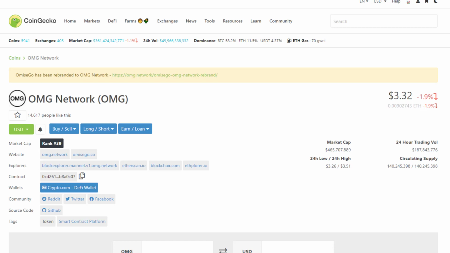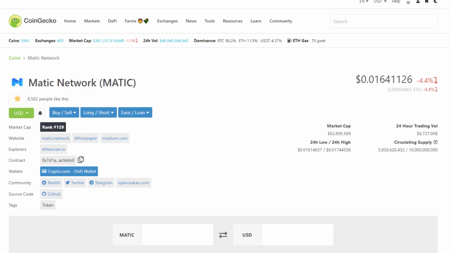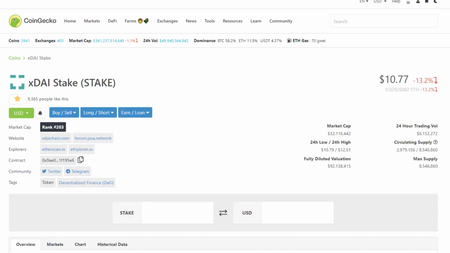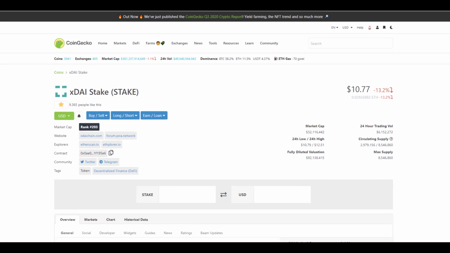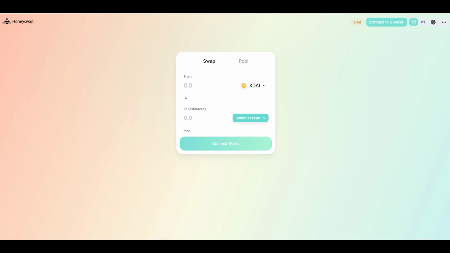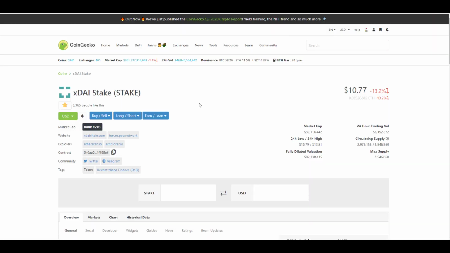And there's a few of them. There's the OMG network that has been around for a long time. There's Matic network. But today we're really focused on the xDai blockchain because that is what Honeyswap is built on. It is built on the xDai blockchain. Now, what is xDai? Well, before I go into that and before I save you guys a ton of money on gas fees,